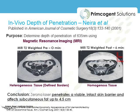Now, what makes T2 sequences so unique is the manner in which they illustrate the subcutaneous fat layer. Here we see this heterogeneous array. And what that means is that there is this chaotic, disorganized pattern of subcutaneous fat. We see enlarged fat cells here, a little bit here, more enlarged fat cells here. There is no distinct, uniform pattern. That's the definition of heterogeneous, of variety. So we can identify the fat layer and how deep it is, and how thick it is, I guess, is the correct terminology. So after treatment with Zerona